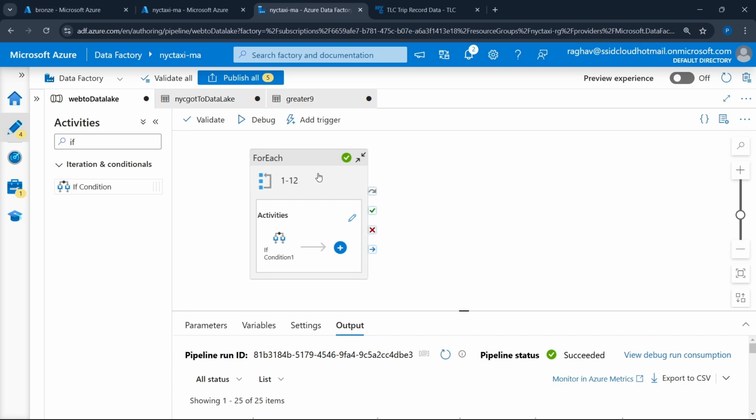Then inside that, we created an if condition: if it is greater than 9, we perform a simple set of operations to remove the 0 from the relative URL. And if it is not greater than 9, we put the 0 inside our relative URL and use parameters to copy data to a bronze container. So the next step we are going to do is create a Databricks workspace. And before creating that, we need to perform some operations and also get some